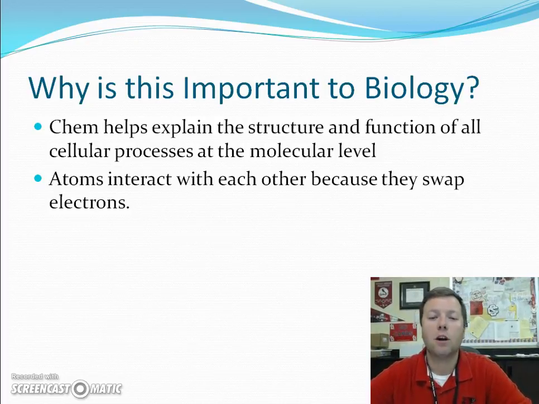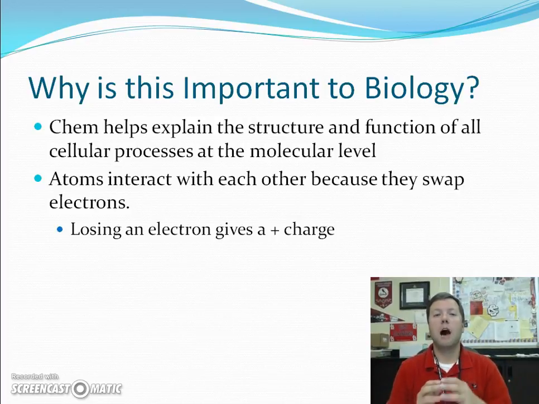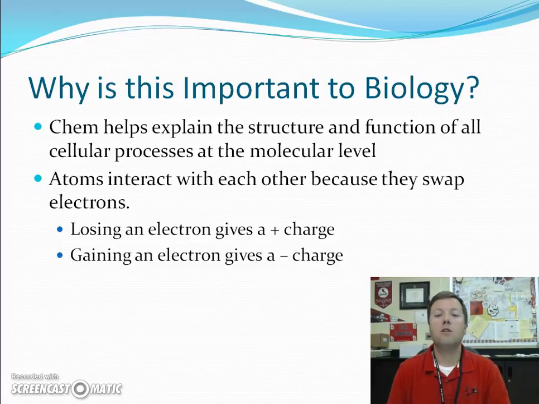These atoms interact with one another because they swap electrons. So remember from last slide, you've got positives and negatives. So if you lose an electron, or if you lose a negative, all of a sudden you have more protons or more positives than you do electrons or negatives, so you have an overall positive charge. If you gain an electron, now you've got more negatives than you do protons or positives, so you have an